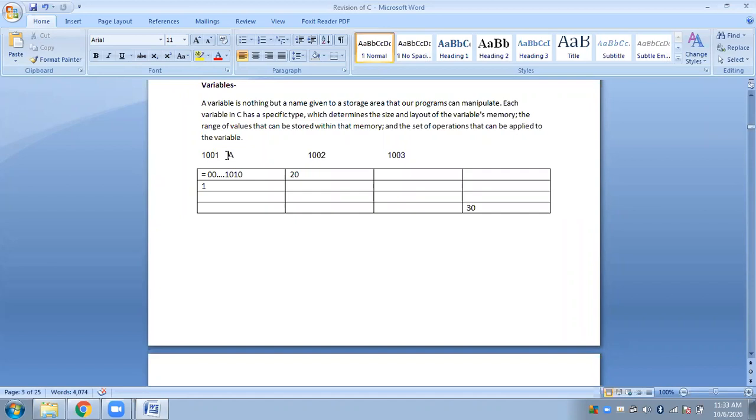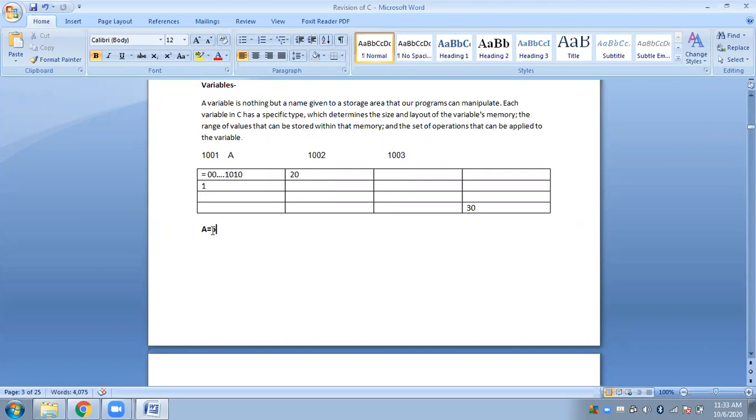Of course, if you want to know the address of that particular memory location, you can also display it. We will learn how we can display addresses of memory locations later in programs. So this is how we can refer to a particular memory location using variables. If I'm to store some data, I will simply write A is equal to, say, 5. So what does this mean?